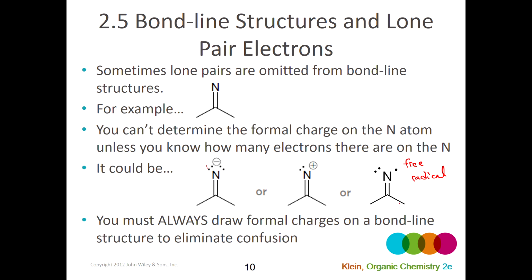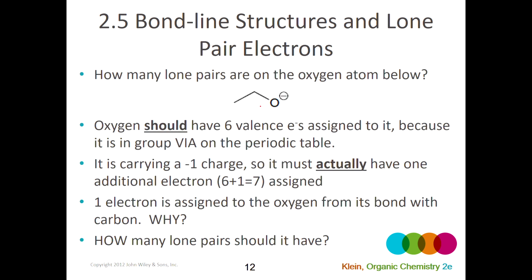If I give you the charge, you should be able to calculate how many electrons there are using the formal charge formula. So let's look at an example of that. Here I've got an oxygen. I might show you the charge and ask you to figure out how many lone pairs there are. That's a legitimate question. So we know that oxygen should have 6 valence electrons because it's in column 6A